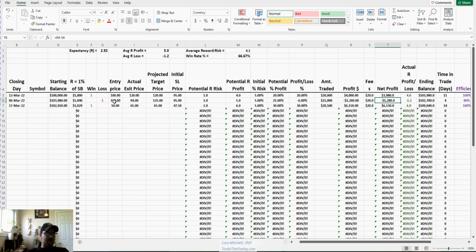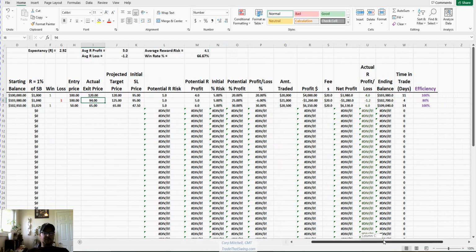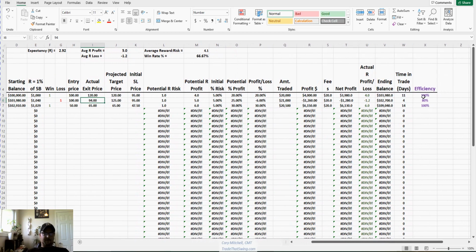As you can see here, I entered at 100, just sample data, put a stop loss at 95, and I actually ended up getting out of the trade at 94. So maybe I pulled my stop loss, maybe there was a little gap in the price, who knows what happened, but for whatever reason, I got out of this trade later than I was supposed to, which means I lost more money. Going to these final things over here, I'm going to skip to efficiency right now,